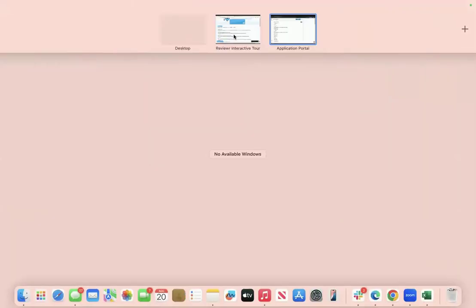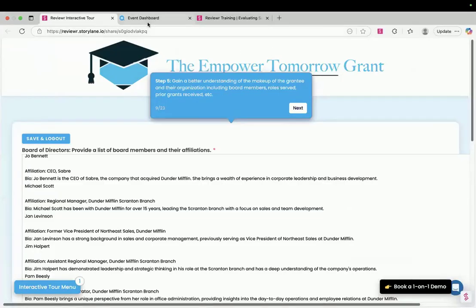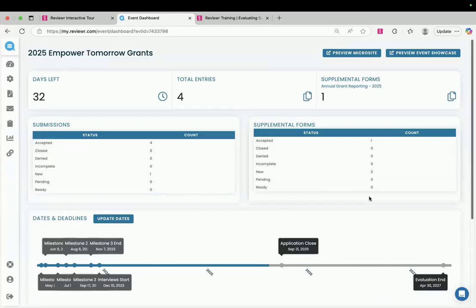And then the last thing that I want to show you that kind of has to do with this is your admin dashboard. So as you're bringing in these grant applications, you can see how many applications have been submitted, the status of each of them, also your supplemental forms. So you can see how many have been invited, how many have been completed. So it's just a really nice place here where you can kind of see a broad version, but there's also